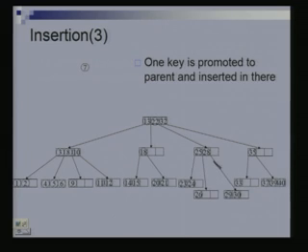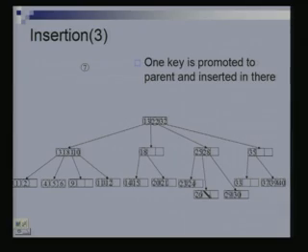You understand why 28 and why not 26? If I had promoted up 26, what would be the problem? Then the search property would not be valid. Yes? So I have to promote either the largest key from this node up here or the smallest from here. I have to promote that up here. Everyone with me? Right? So this will become the new structure.